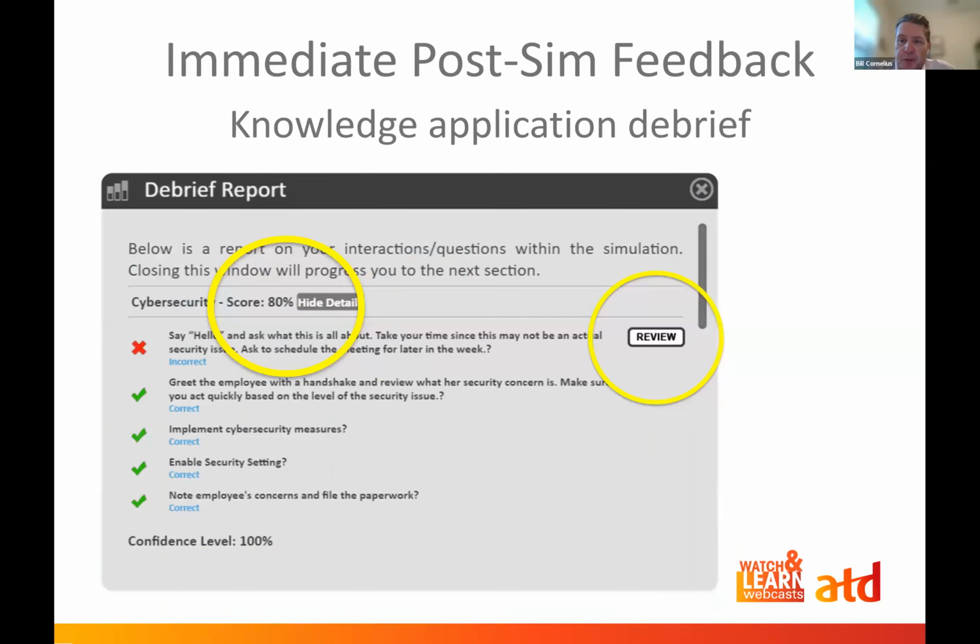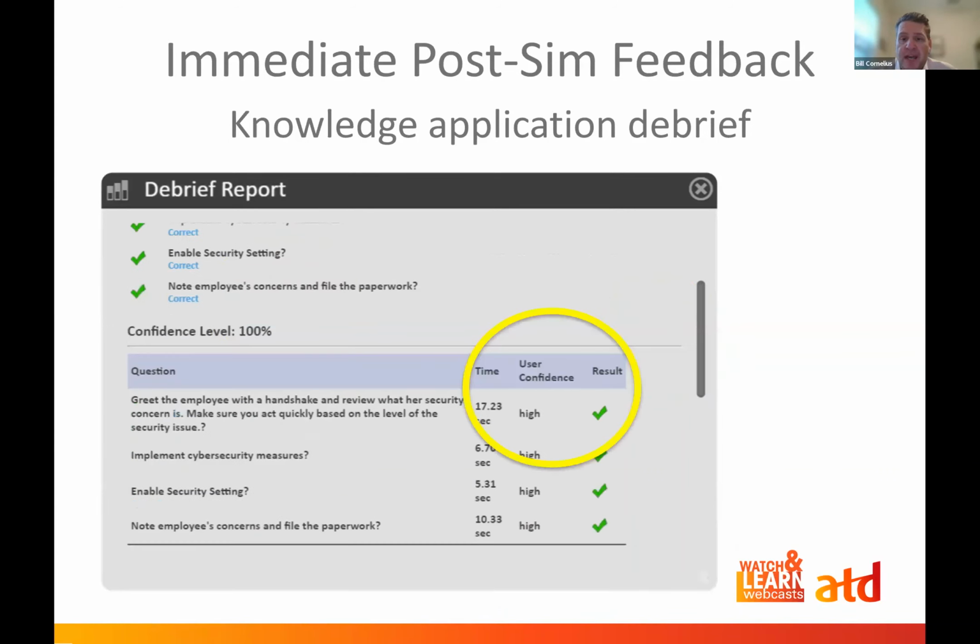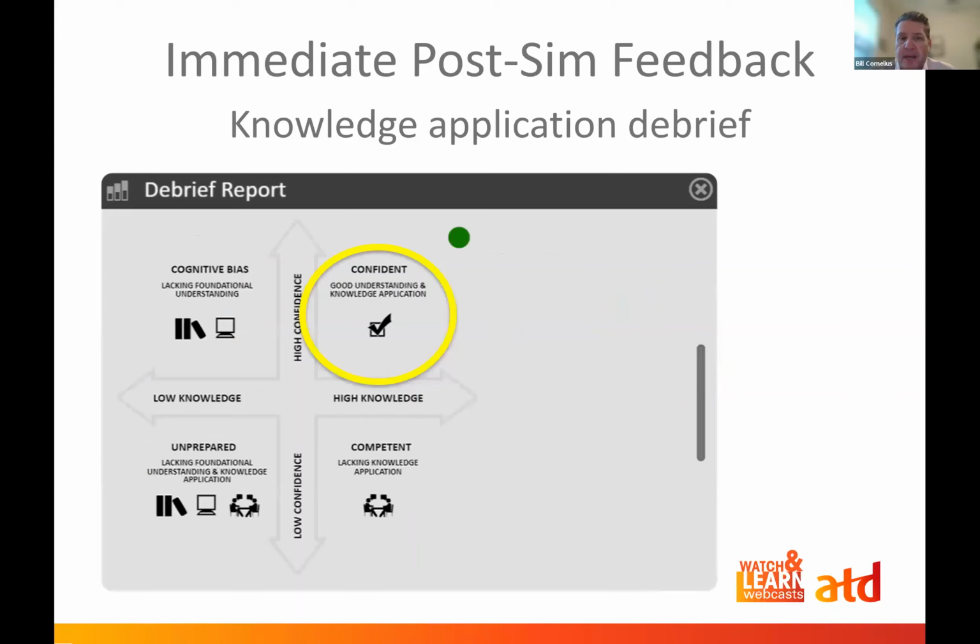That debrief that a learner receives after taking the training is pretty powerful. Not only will I see my score, I can even get a review button to more information on my misses from a learner's perspective, as well as documenting my confidence levels. How much time it took me to actually make these decisions along the way can be documented. And then we even give a graph on your knowledge application confidence and what quadrant you are in as it